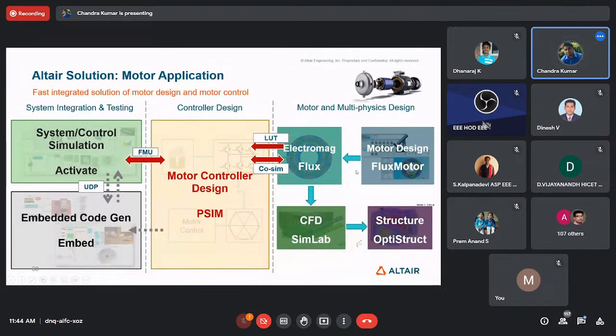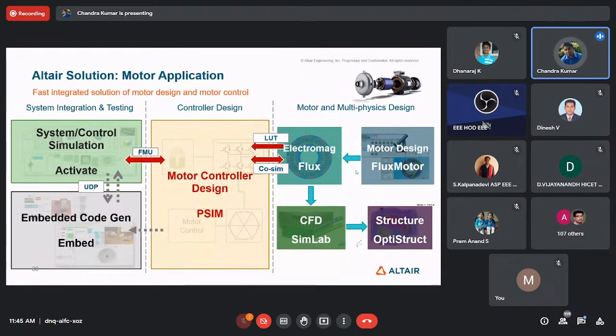From there, once you design the motor, you need to study the performance of the controller, whether I want to do a speed control or torque control for traction applications. Then I need to do the motor controller design, and that is done by using PSIM. Once you design the controller part, you need to do the complete virtual validation from the battery to converters to motors and the controllers, and study how driving cycles, duty cycles and PWM effects affect the performance of the motor.